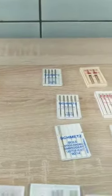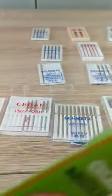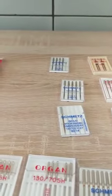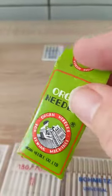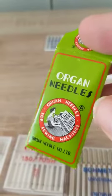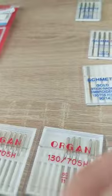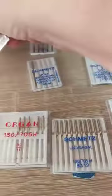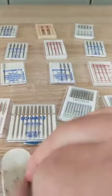Now, these are wonderful needles. A friend of mine in Canada, Bernie Taubish, he is a sewing machine man, and he repairs sewing machines. He sent these to me because I've been trying to get a hold of them. They're called Organ HXL5s. And these things, they're like gold, but they sew